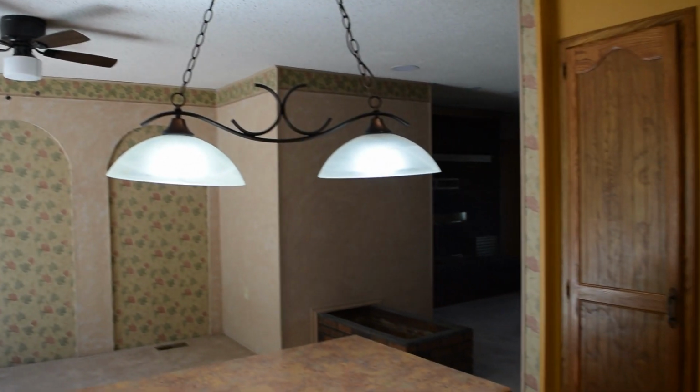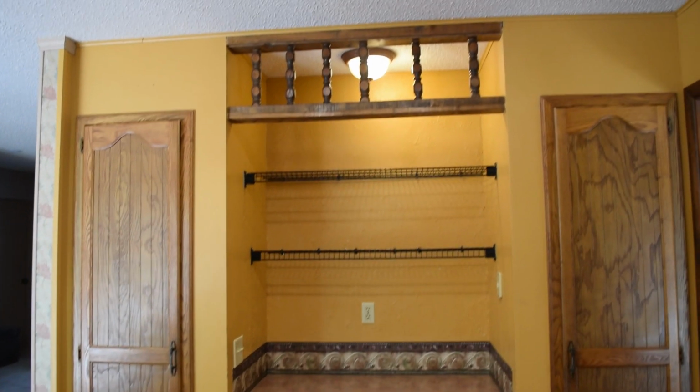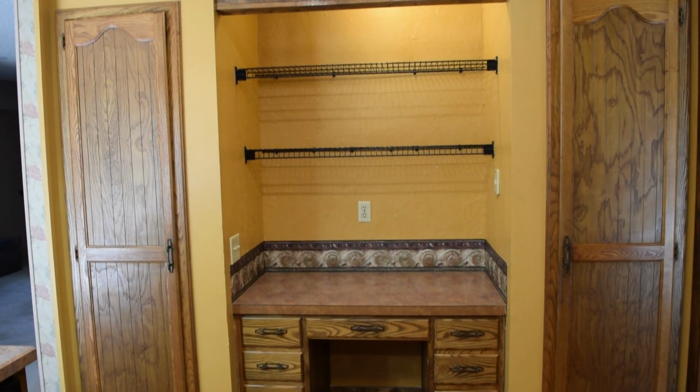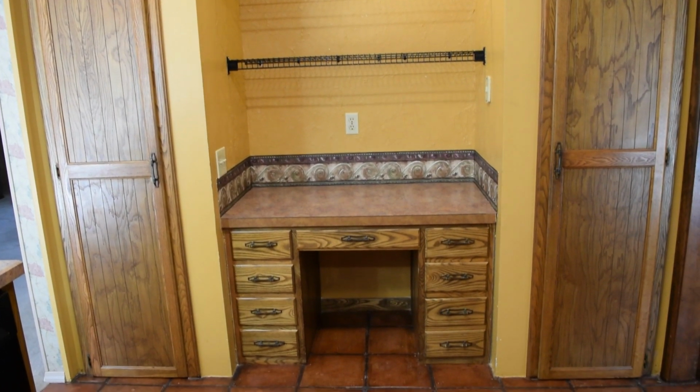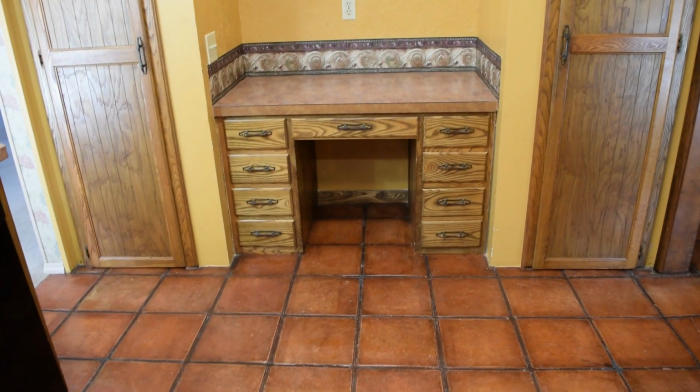This is our pantry area. We have 2 pantry closets and an open area with a desk in the center. I'd like to take down those wood pieces at the top and then build out an arch to mimic some of the others that are around the house. Then I'd put up some wood shelves and probably match the backsplash that I plan to do on the other